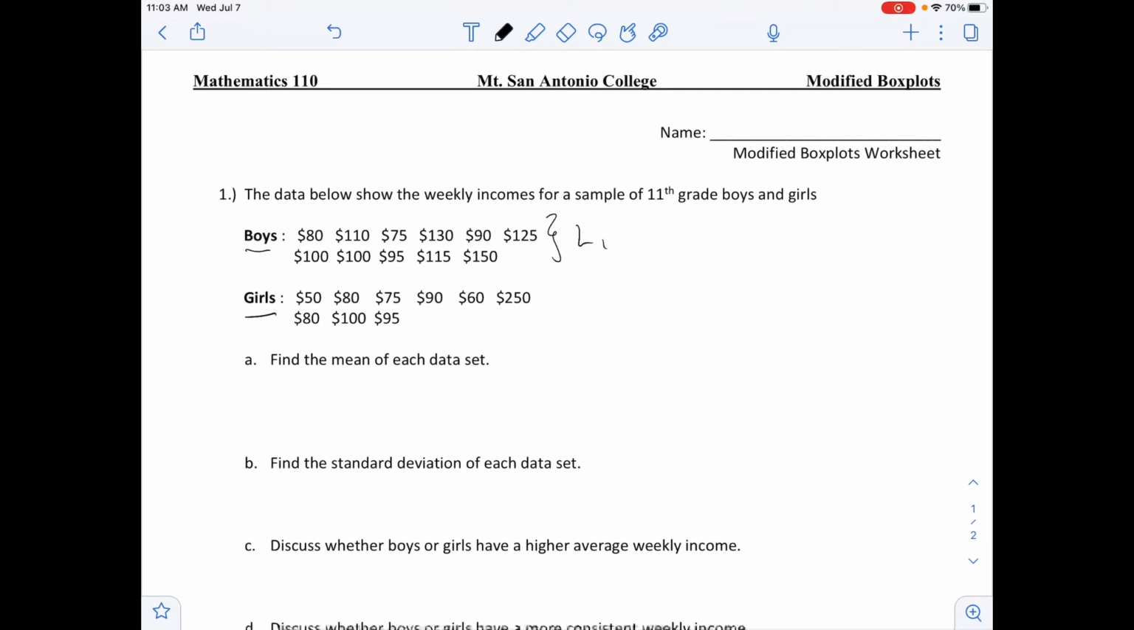Once you've done that on your calculator, you should be able to get X bar. And again, this is a sample, so I'm using that variable. I'll put down boys down here, B for boys. And our mean for boys would be $106.36. You'll also note that the standard deviation, again, we're going to use an S since this is a sample, for boys, is equal to